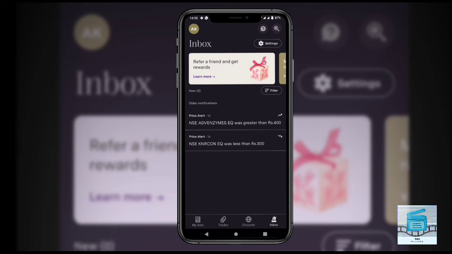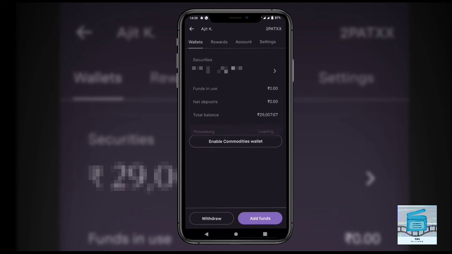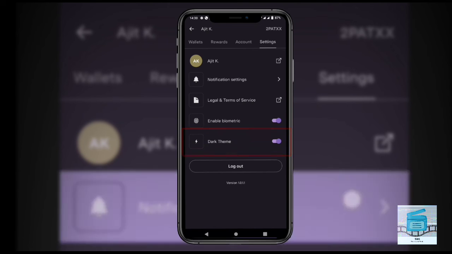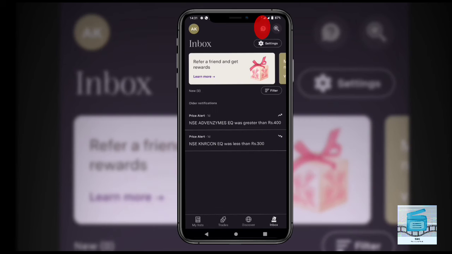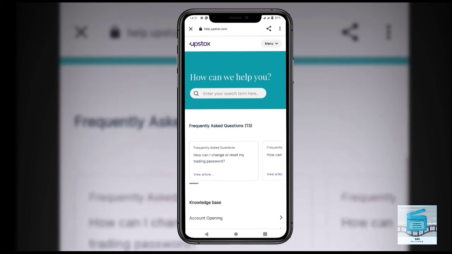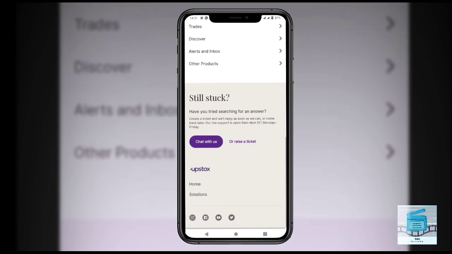You can change the mode of your application, like there's an option to change it to dark theme. Under support, you can click on that question mark icon and get support from Upstox.